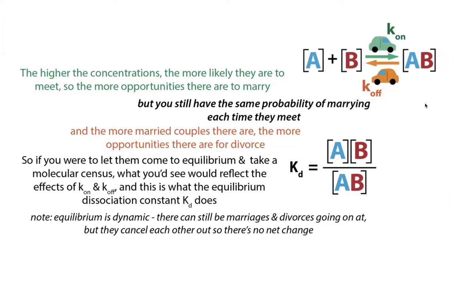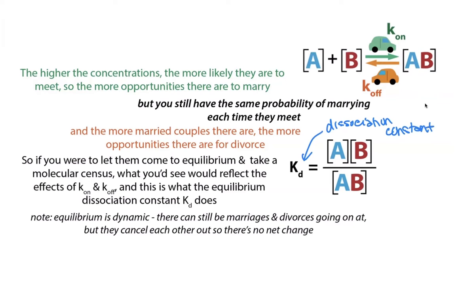And then what we can do is, once I've reached that equilibrium, we can take our molecular census. We can go and look at how much is bound and how much of it is unbound. And we're going to do this by using this KD, this dissociation constant. So this KD is going to be the dissociation constant. We'll look in a second at where it comes from, but hopefully it's reminding you a little bit of when we were talking about